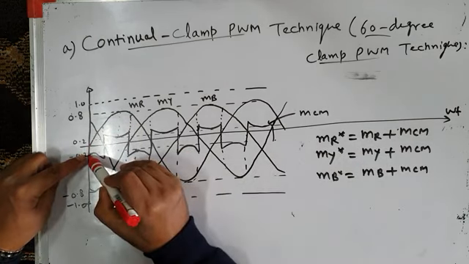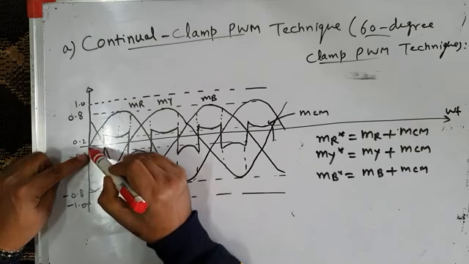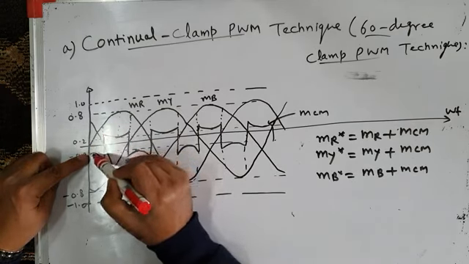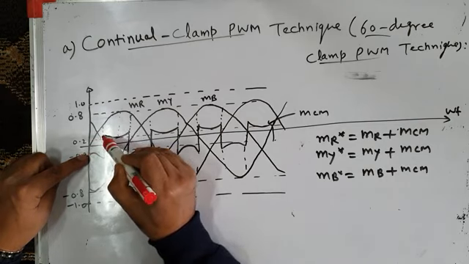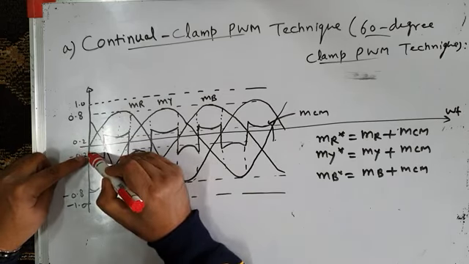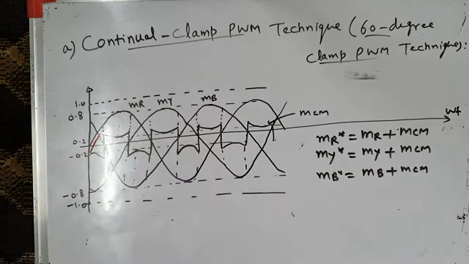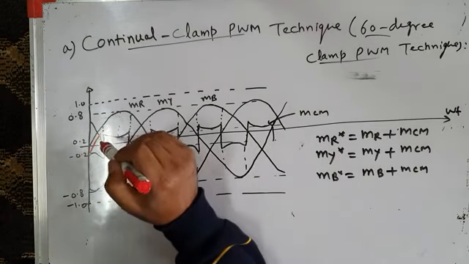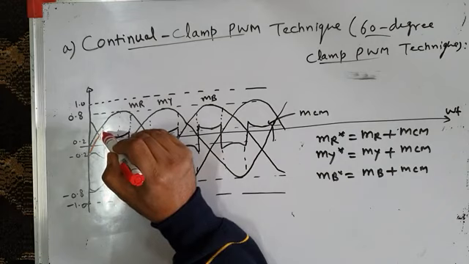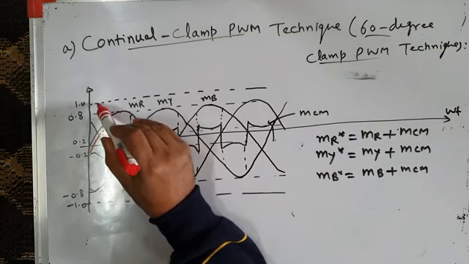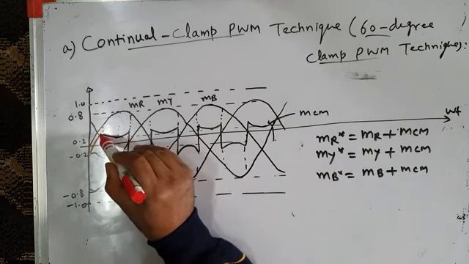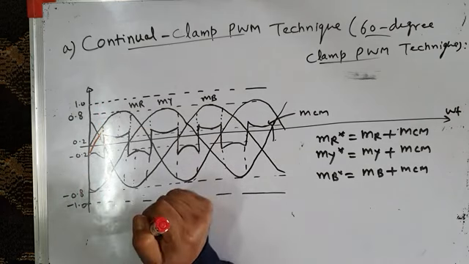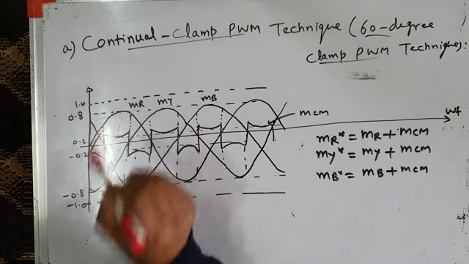MR is 0 here, MCM is this, so it will start from here. Then as I move ahead, it is MR plus MCM, so this gets subtracted from this, till I reach this point, and at this point it is MR minus this, and it will go up like this. Then from here onwards, it is this signal plus this signal, and it reaches the peak value. Okay, over this 60 degree interval, my MR star will touch the peak. It will be equal to peak. It will be clamped to 1.0.